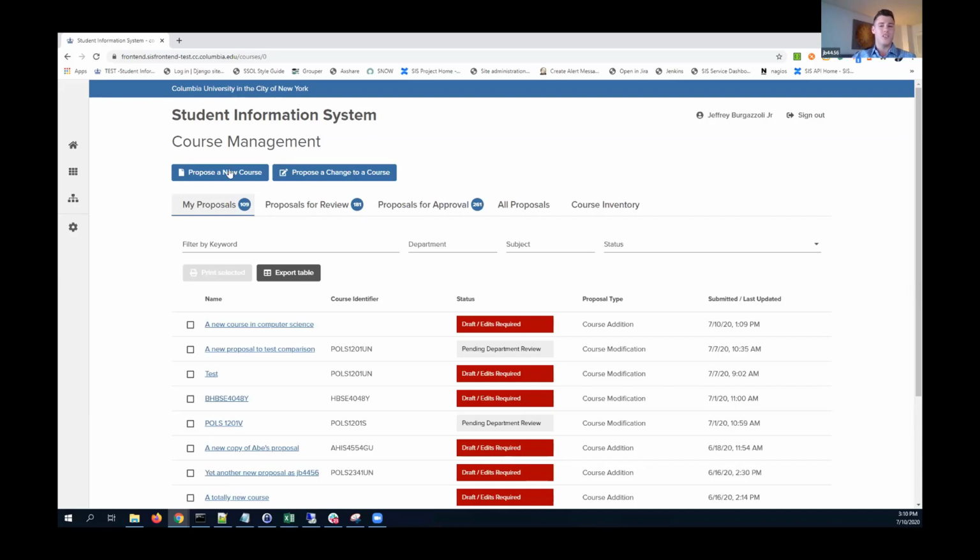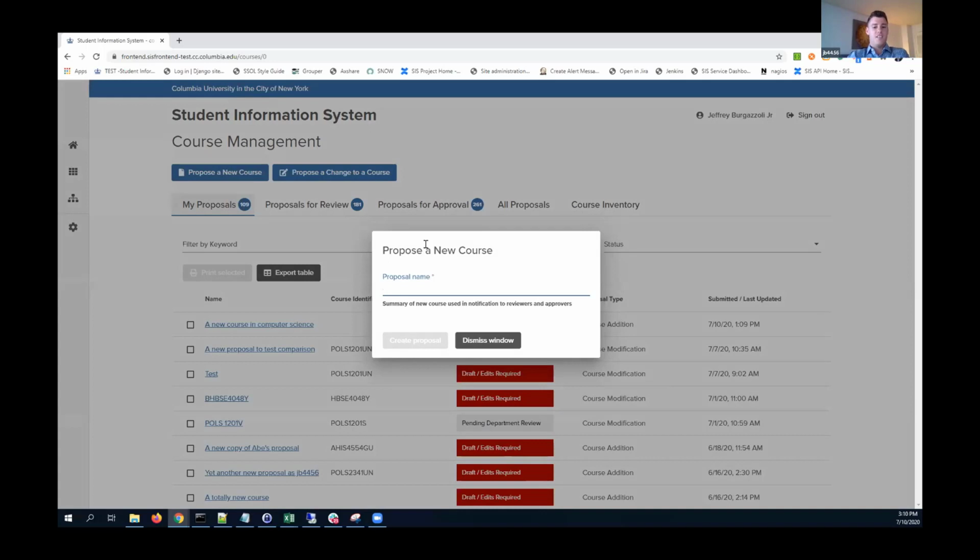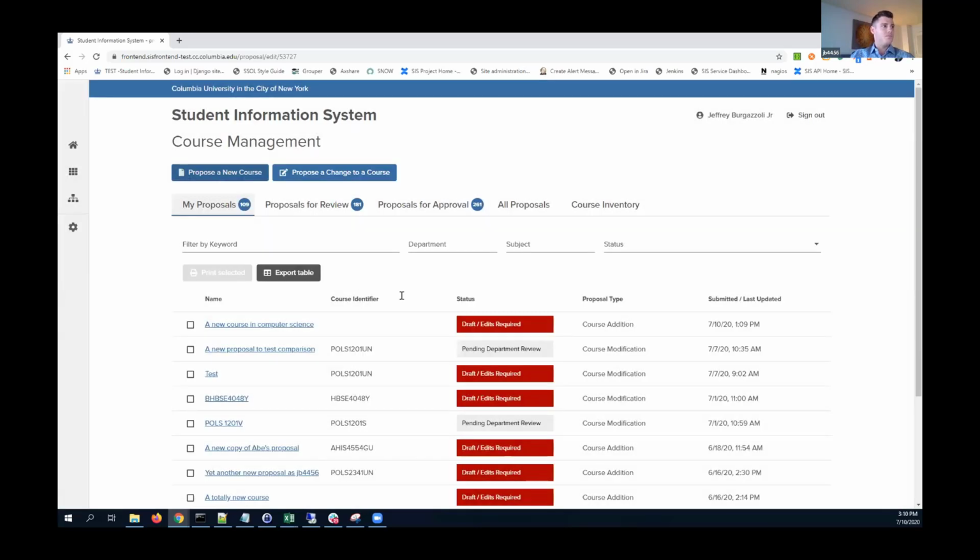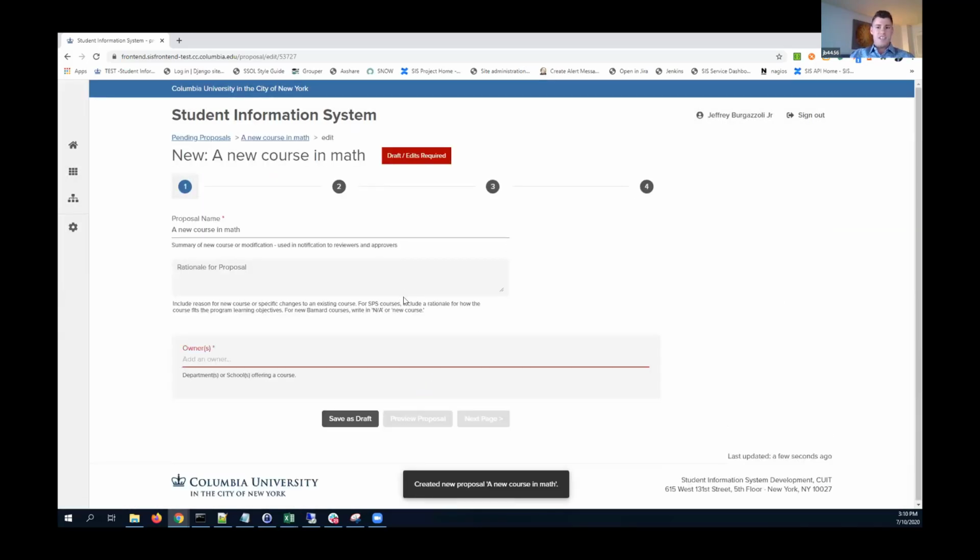Let me show you what it looks like to actually propose a new course. We won't go through the entire form, but I'll give you a sense of what that's about. We'll propose a new course, say, a new course in math. We'll create the proposal, and it initiates the form to create or propose a course at the university. What we'll collect are things like the rationale for the proposal. We need a new math